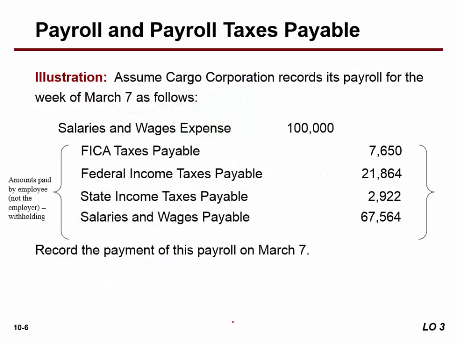All right, so we come over. And very important, guys, that you memorize this list. You've got to know this. This is one of those memorization things: when we talk about withholding, we are talking about the employee's share of the taxes. So we're talking about what? The federal tax that the employee has withheld, the state income tax that the employee has withheld, and then their share of FICA taxes. And FICA taxes include Social Security and Medicare. The employee has to pay into those, and so those are called withholding,